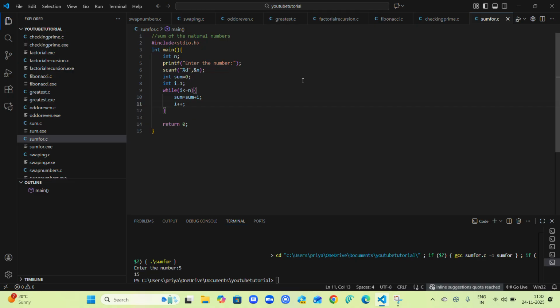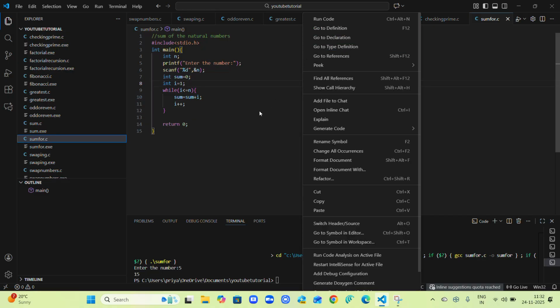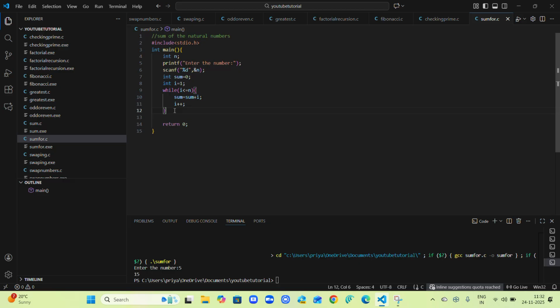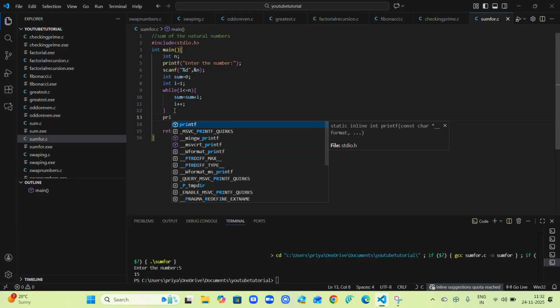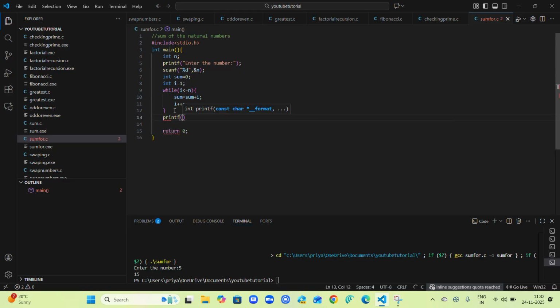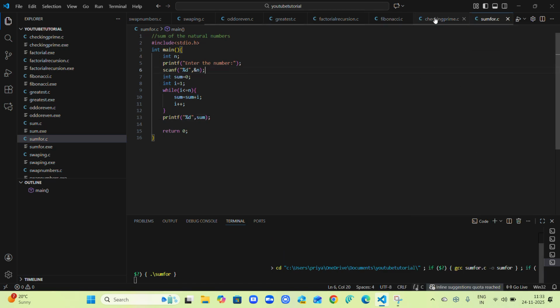And let's run this code. And wait, it's very important to print also. How would you get to know? printf("%d", sum). Now let's run this code finally. Enter the number here. I entered 3,